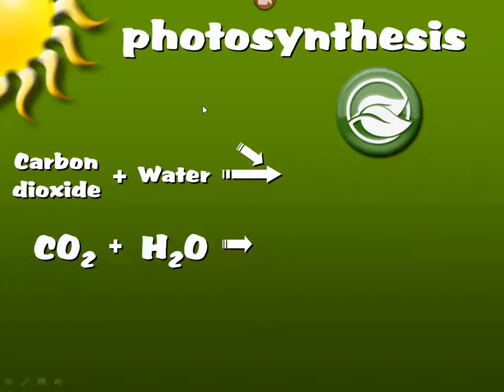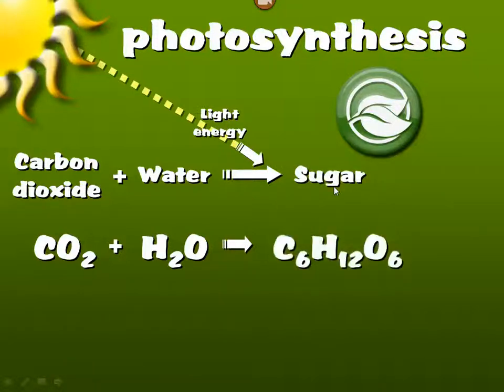Now, what's cool about this, photosynthesis, if you think about it, carbon dioxide plus water, add in some light energy, which isn't really a reactant at all. It's just the energy that gets this process going. It's not made of atoms, right? You do this and you get sugar, and the plant makes sugar and then produces a bunch of extra oxygen, which it lets off. What's amazing about this, though, is that we do something very similar to this,